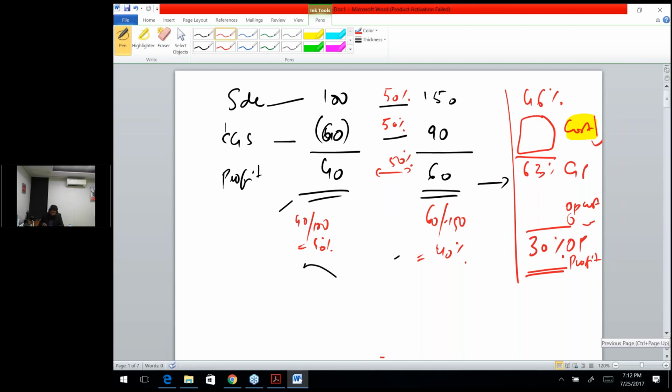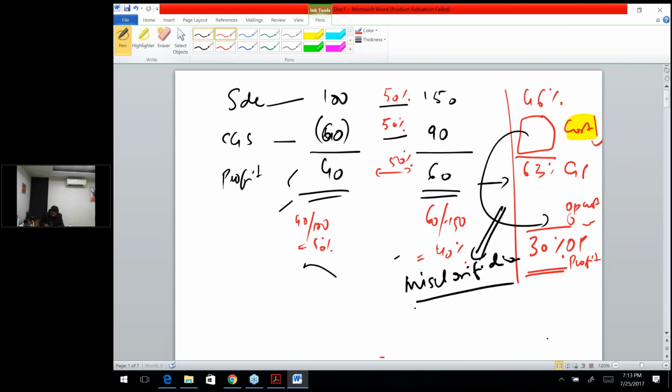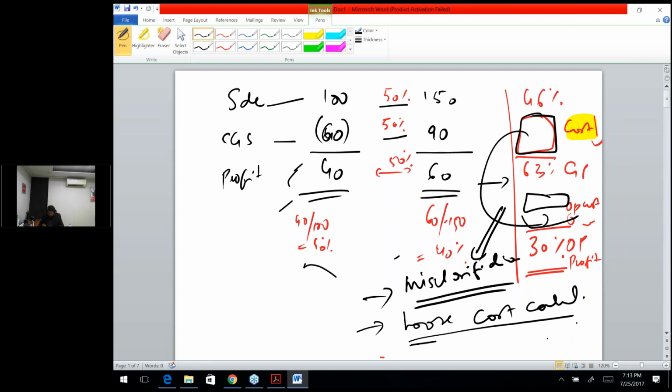There are two factors. One of them is that there could be a potential risk of misclassification. Now what do you mean by misclassification? It is highly likely that you have classified the expenses which pertain to the COGS into the operating expenses. That's one of them. The second problem that might happen is that the entity's costs have gone down. So there could be misclassification and lose cost control. These could be the two factors which might have resulted in this whole thing.